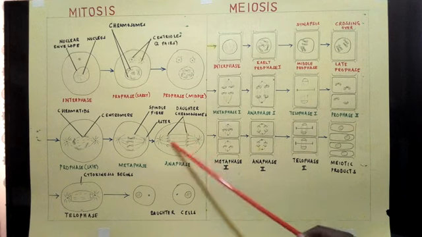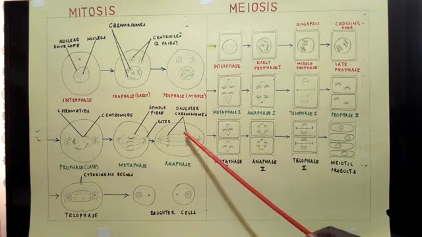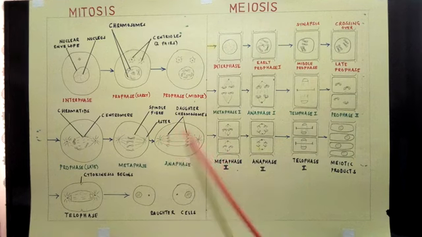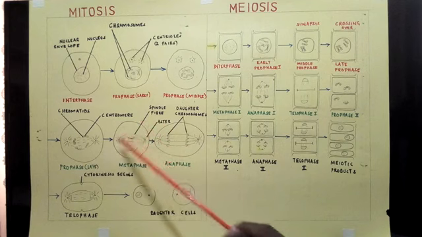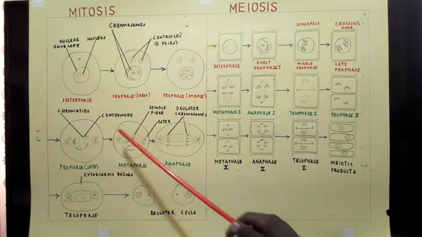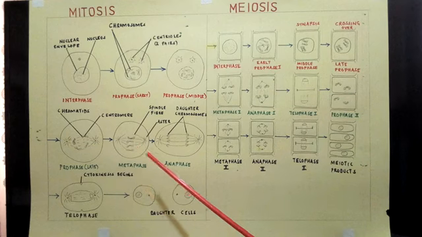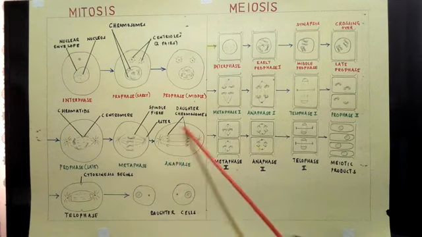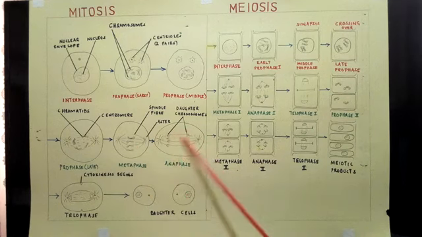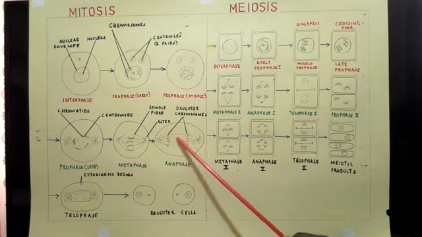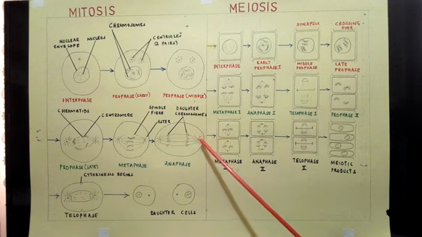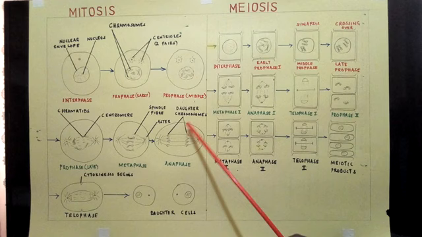At this point in time, we're going to see that there's going to be a shortening of the spindle fibers that we have already shown to be this string-like part of this cell. Now we're also going to see that in this particular phase, the spindle fibers are going to start to disappear due to the lengthening of this particular part, and then we're going to see that at this particular stage,